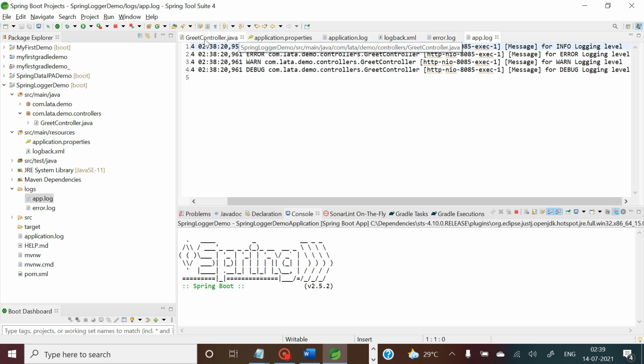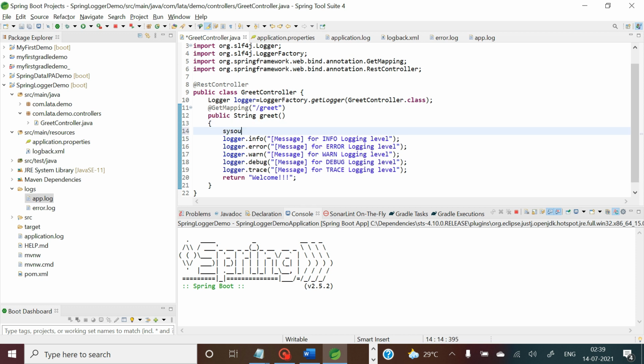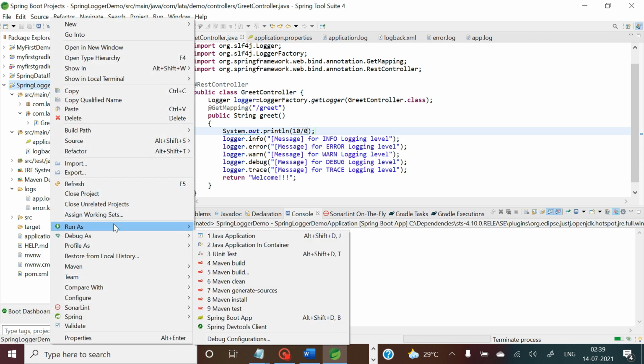Sometimes it happens that we have some kind of error over here. Let me just write that error deliberately. So I'm just dividing 10 by 0. This will lead to an arithmetic exception, meaning your application will get some error. After writing this, let me just execute my application once again.